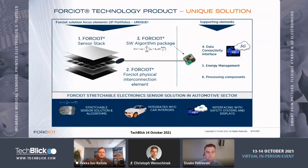As supporting elements, we offer the data connectivity. The interface can be, for example, a Bluetooth wireless interface or wired buses like LIN. We also offer energy management, although our system is very low power and low voltage, so a 3-volt system operating the measurement device. We also offer processing components like ECUs where needed. For the automotive